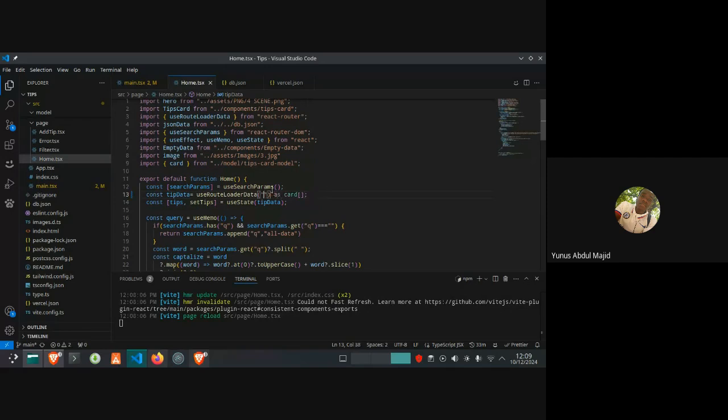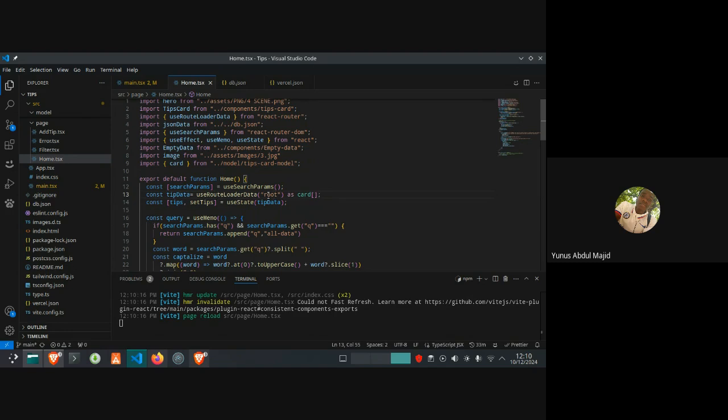But if I'm in another route, I can just name the route here, like the tips route, if I'm making use of the loader data from it. And this, like I say, is a TypeScript type safety thing, so you can just ignore it if you are not working in a TypeScript file, you don't need it.